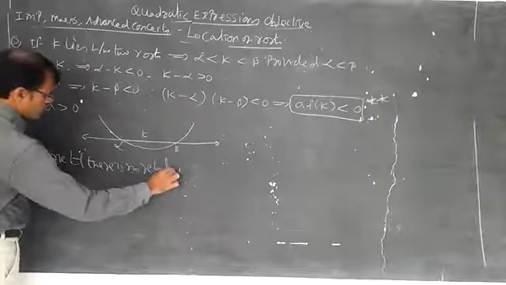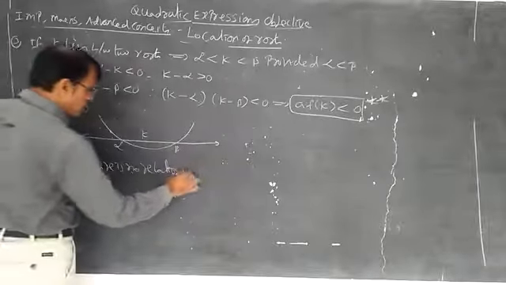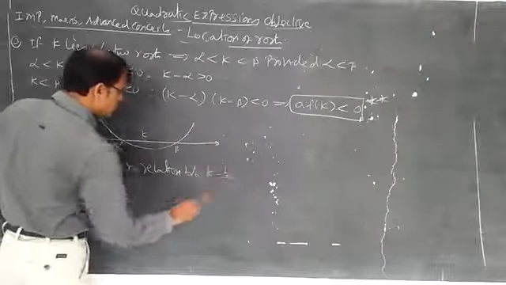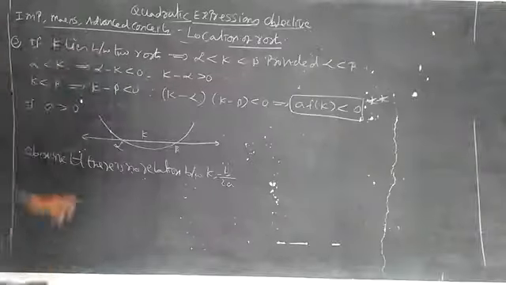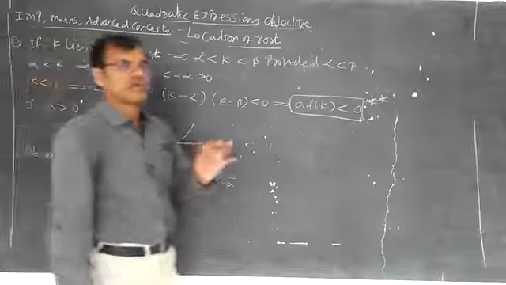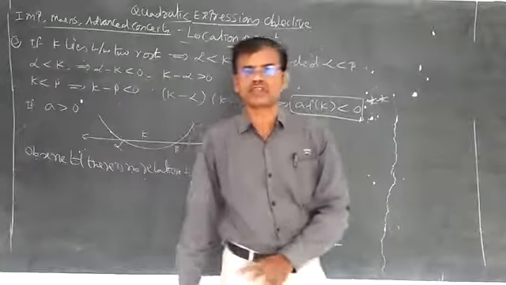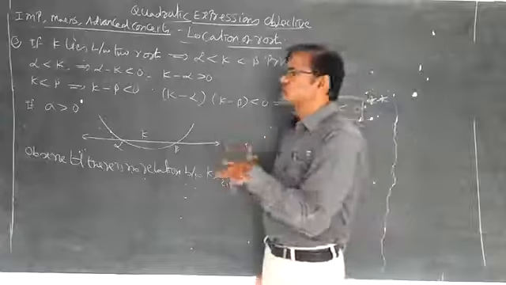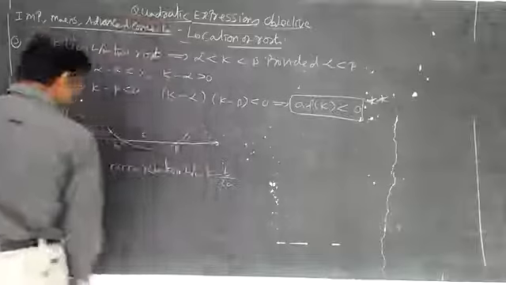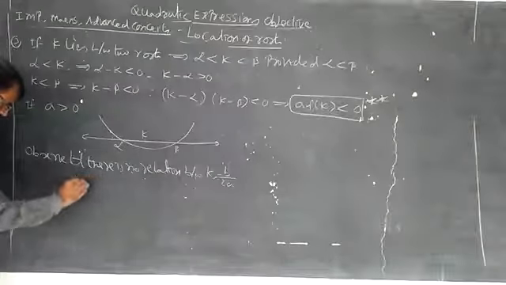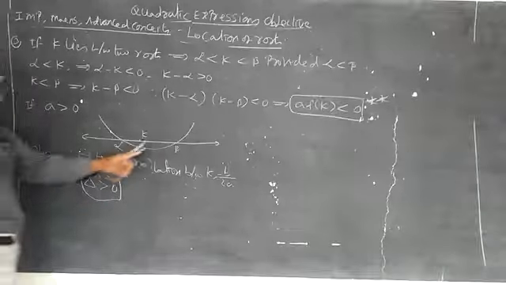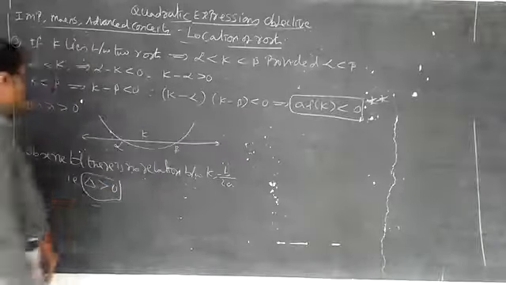We cannot say, that is why I am writing here properly, there is no relation between k and minus b by 2a in this concept. In this concept, k should lie between alpha and beta, so alpha and beta are the proper roots. There is no question of touching. If there is touching, what will happen? So you should try to understand 100% they are distinct roots. That is delta greater than 0. So two conditions are there: a into f of k less than 0 and delta greater than 0.